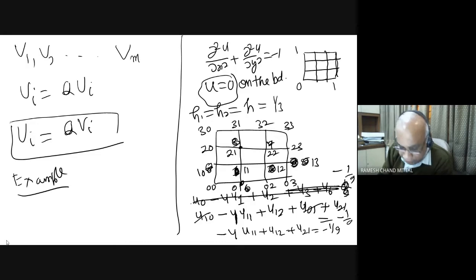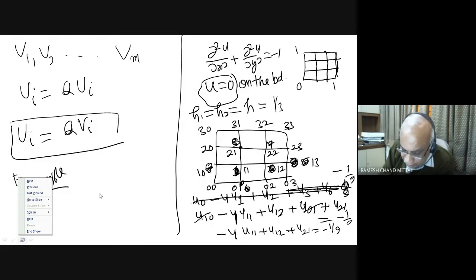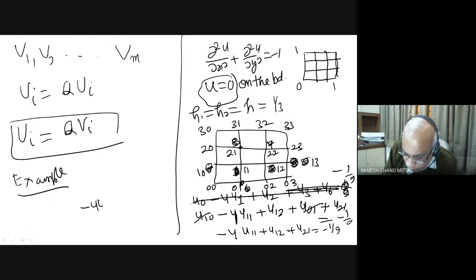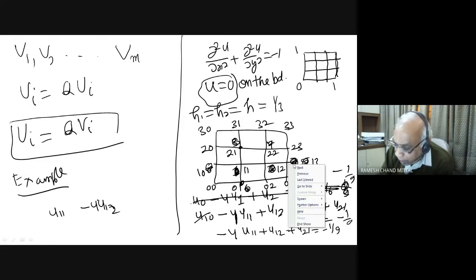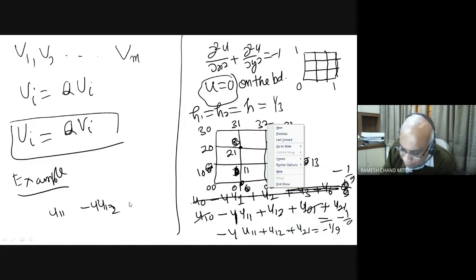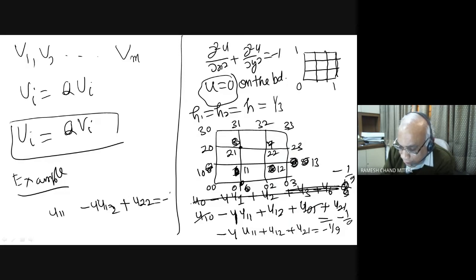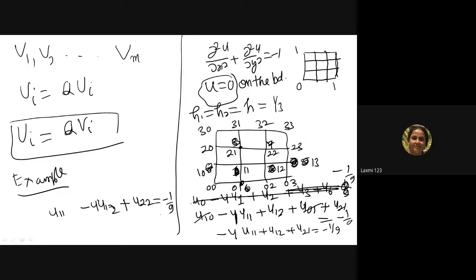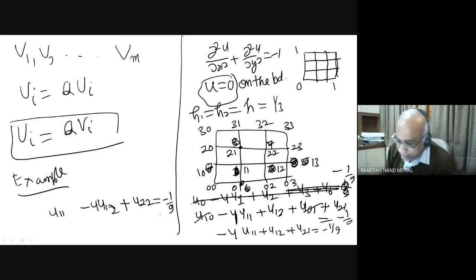Now I go to the second point. If you allow me, I can write my second equation here. So I get u12 with coefficient minus 4, and I will be getting u11, and this will be going to 0 because it is a boundary point, and this will be going to 0, and I will have only u22, equal to minus 1 upon 9. This is my second point, I write here because the figure is here. Now, in the same way I write my